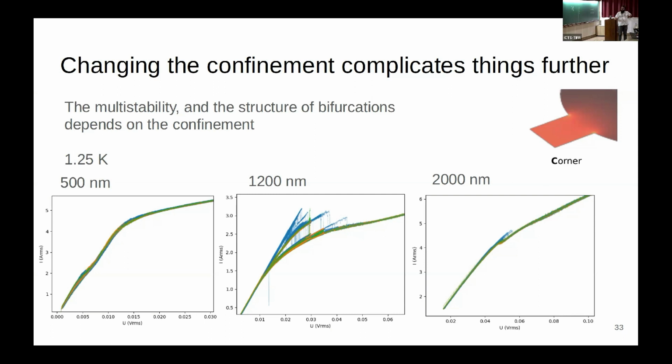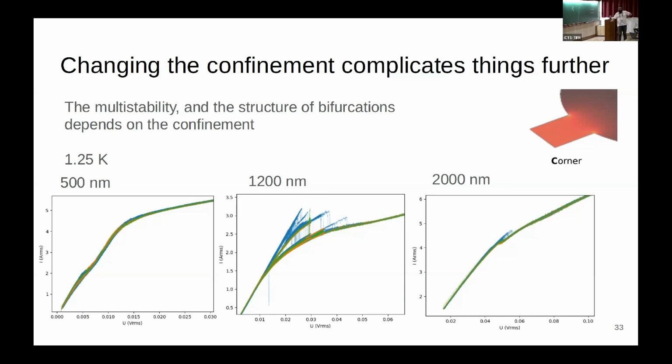The structure, bifurcations and the kind of arrangement in the space of observable and controlled variables depend very strongly on the level of confinement, and not in a trivial way,